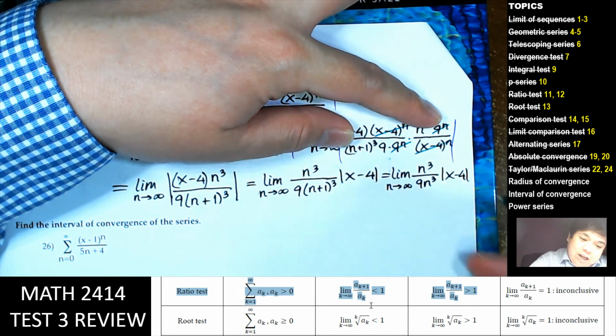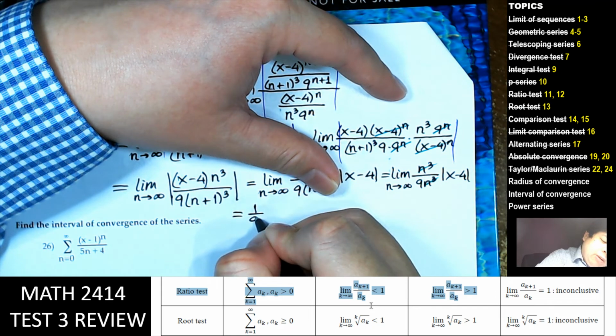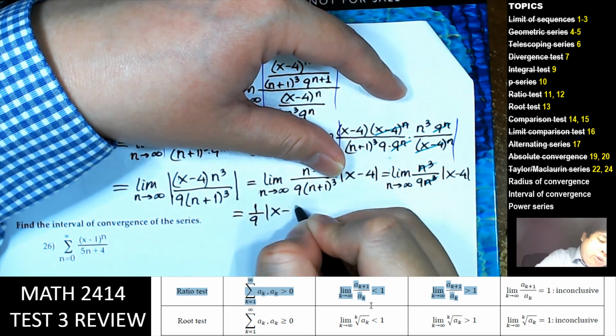Now n cubed and n cubed cancel out, so pretty much this limit is equal to 1 over 9 times the absolute value of x minus 4,